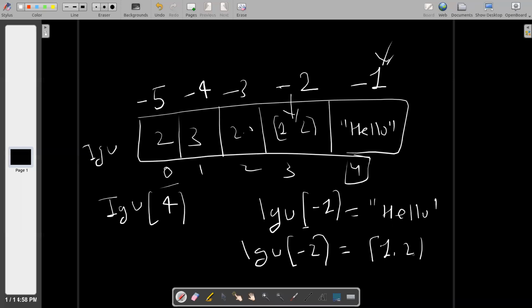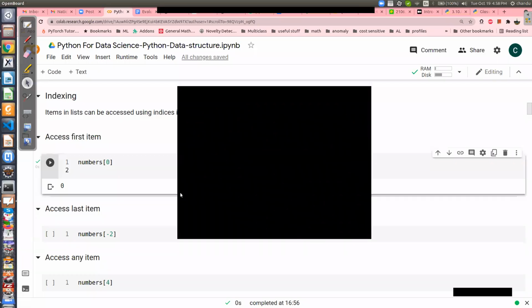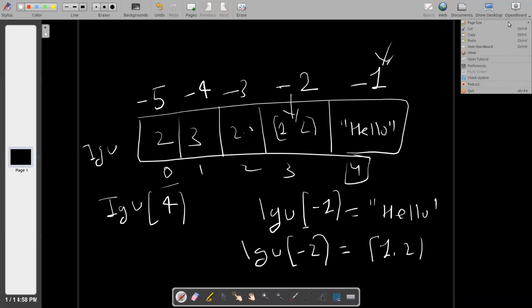Remember these indexings. It will be handy in the coming cells that I'm going to run. Okay. So is this clear? How these items are stored: -1, -2, -3. Yes. So this is a very beautiful thing in Python. I'm going to use that in a moment. Let me close this.